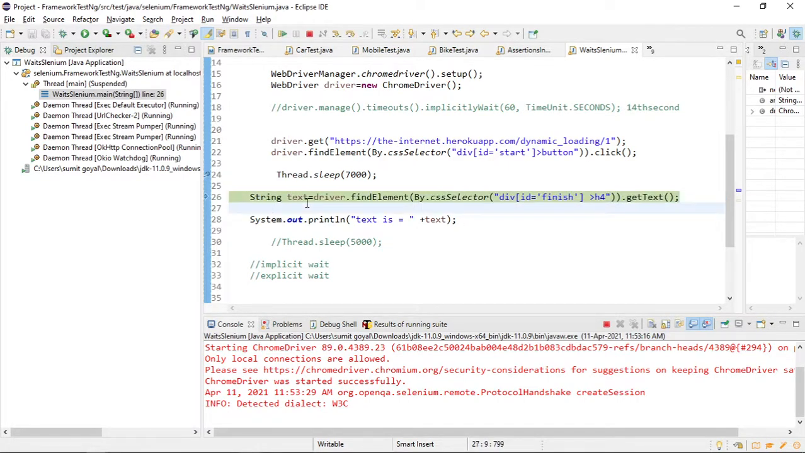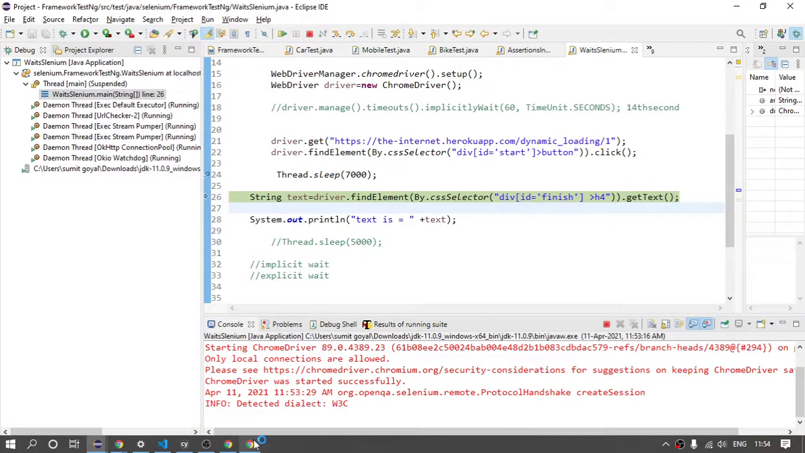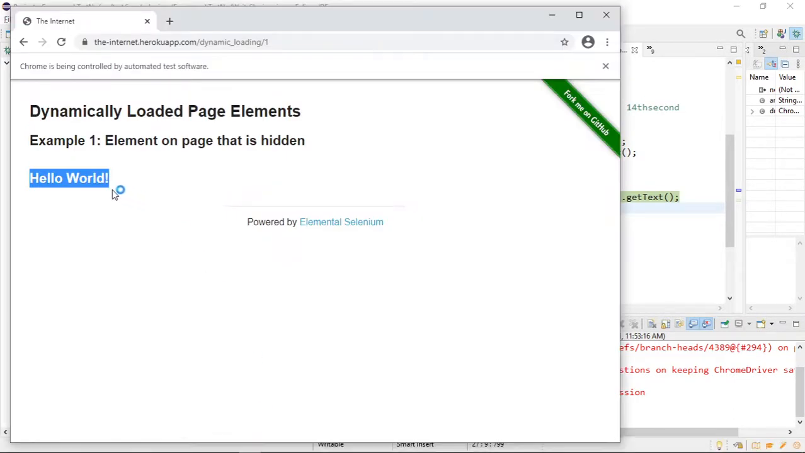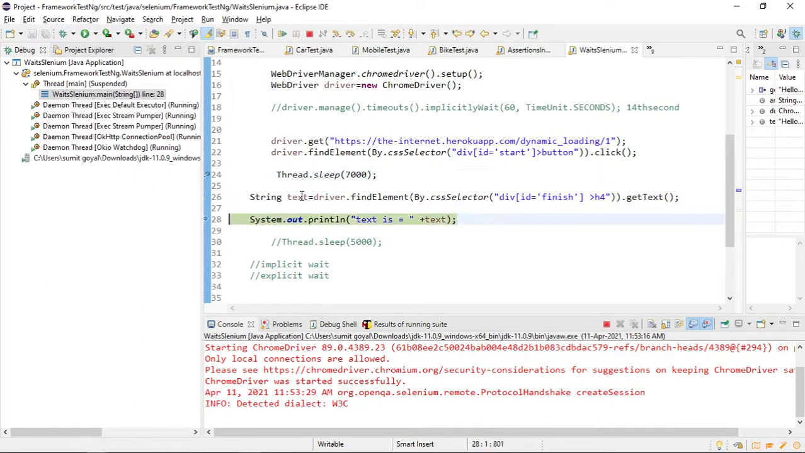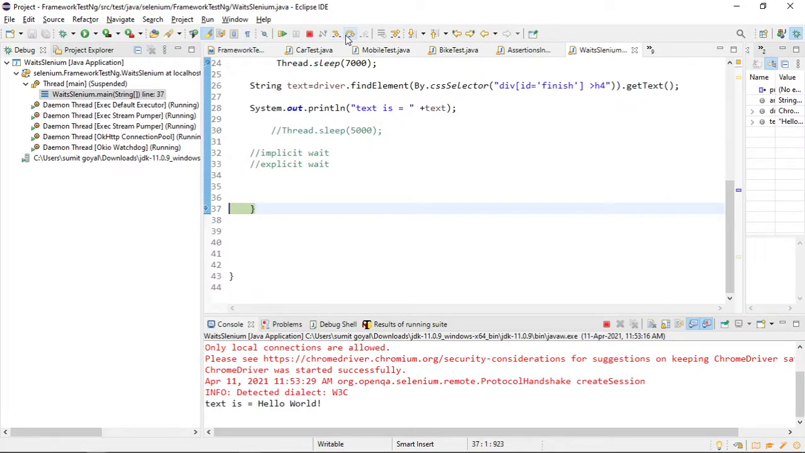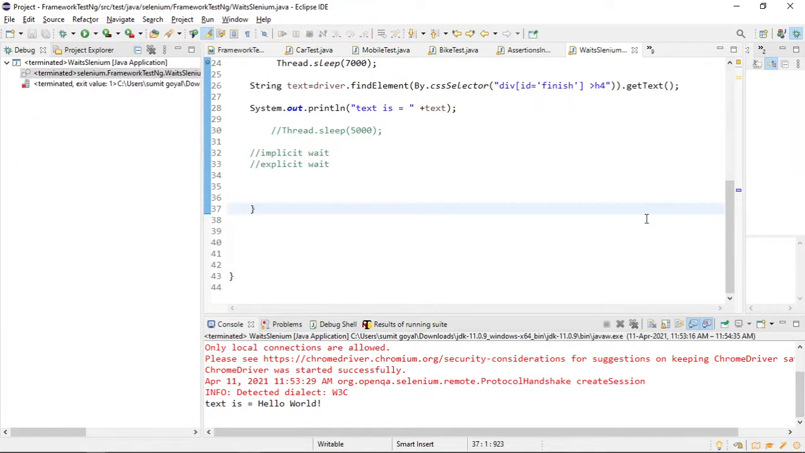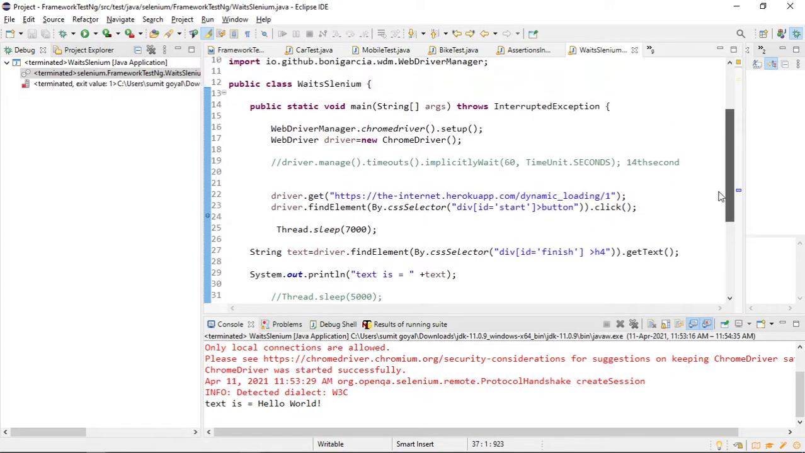So this is how it will behave, and this time we will also get the text because text is in visible mode. If I apply this, you will get the text. This is hello world. That is fine. We got the text, but as I have told you that we should not use thread.sleep in our code, because